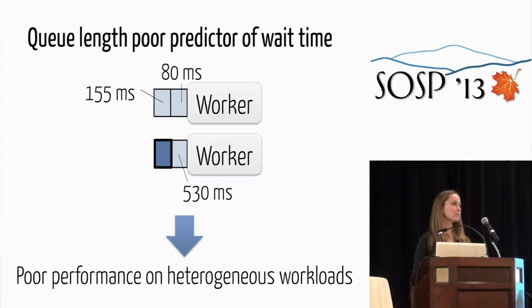As a result of this property, batch sampling performs worse and worse as workloads get more heterogeneous, and we know that heterogeneity is a common property of today's cluster workloads. So how can we solve this problem? How can we deal with this gap in information? One thing you may be wondering is, why are we returning the length of the queue? This seems sort of stupid.